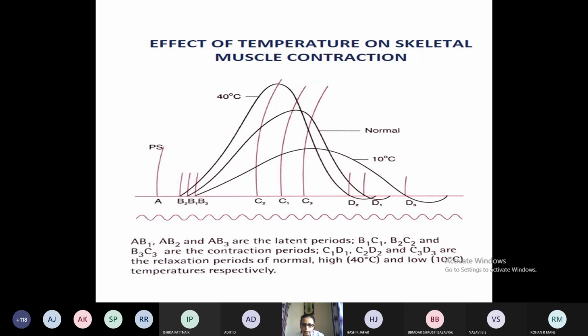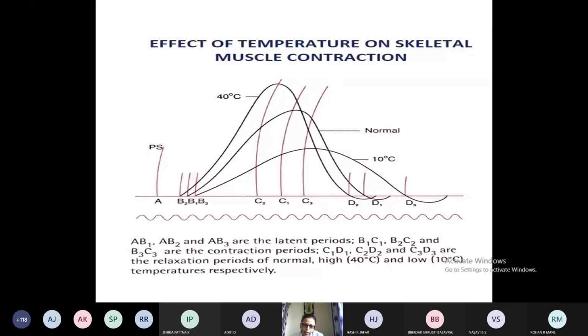And here, because of this high temperature, the actin and myosin filaments are unable to carry out their functions. So hence the muscle remains in a state of permanent contraction, and this property of muscle is called heat rigor. Rigor is nothing but the sustained contracted state. It is nothing but a continuous contracted state of a muscle.